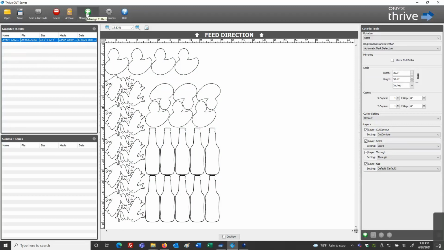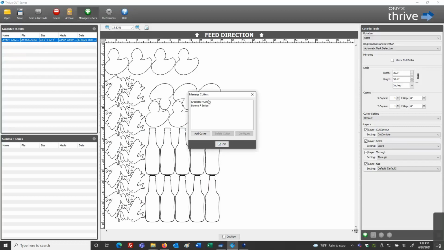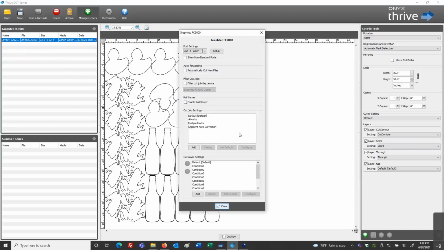So if I go to Manage Cutters, select my GraphTech, and go to Configure, and this is completely optional, for the specific cutter model, cut layer settings, it's automatically going to add several conditions. GraphTech talks in terms of conditions for their cut preset data. And I've added cut contour, score, and through.